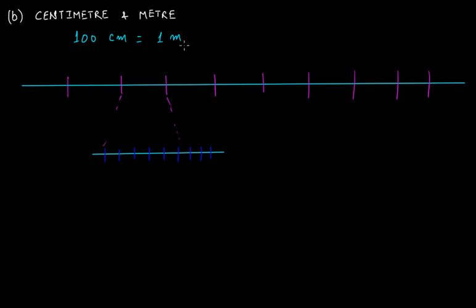So 100 centimeter is equal to 1 meter, and if 1 meter is divided into 10 equal parts and each part is further divided into 10 equal parts, that means that each particular portion will be hundredths. It will represent 1 over 100, and that's where the concept of hundredths comes in. Okay,